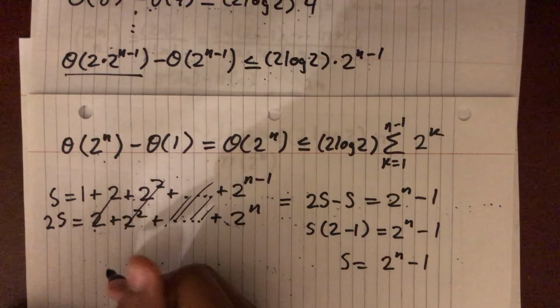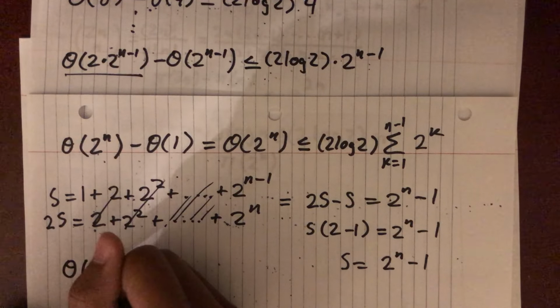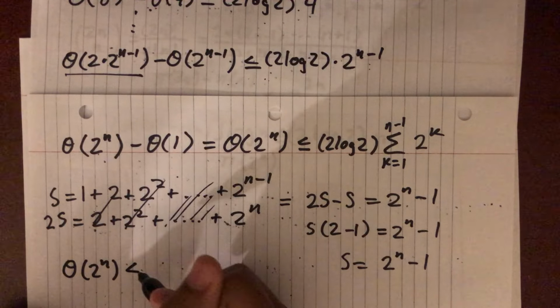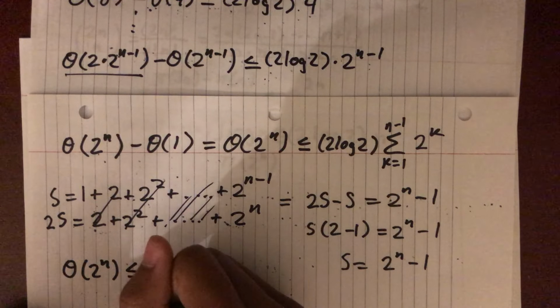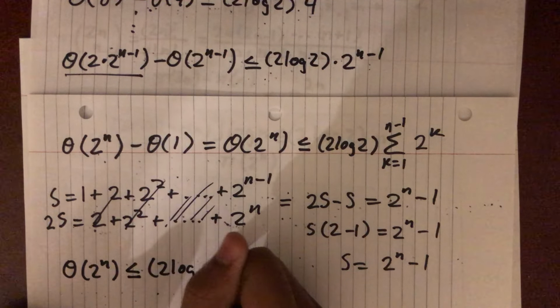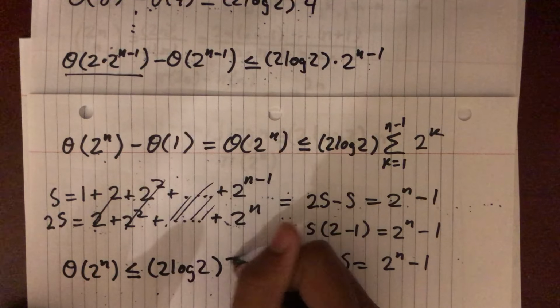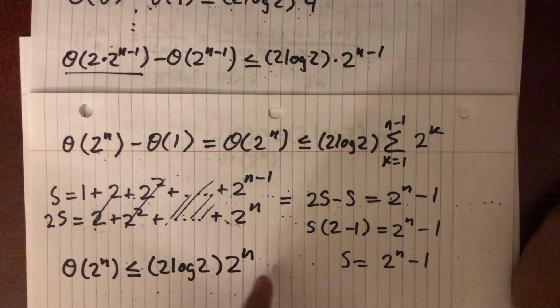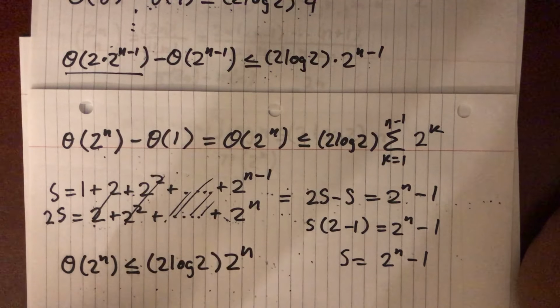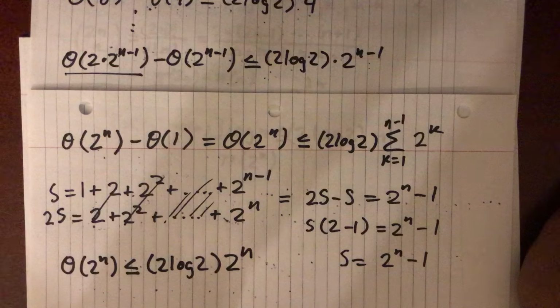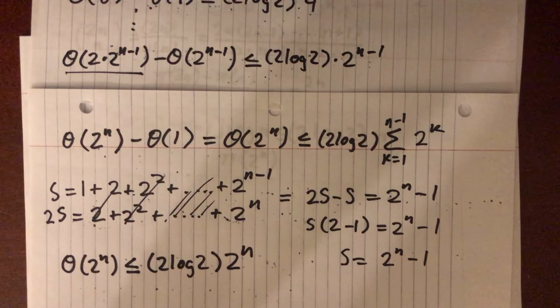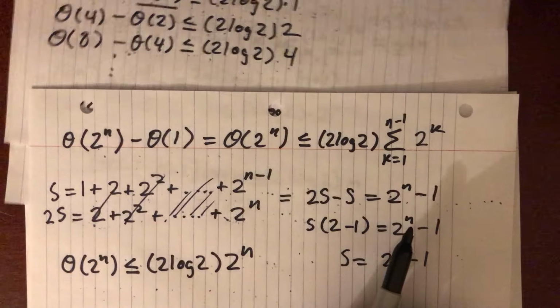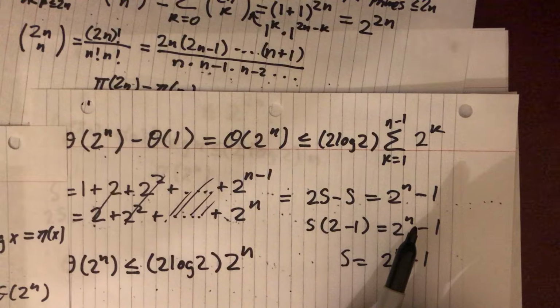And so then we get that theta of 2 to the n is less than or equal to 2 log 2 times 2 to the n, right? If the sum is 2 to the n minus 1, it's certainly less. 2 to the n minus 1 is certainly less than 2 to the n. So the next thing we can do is use this relation that we got from the asymptotics,